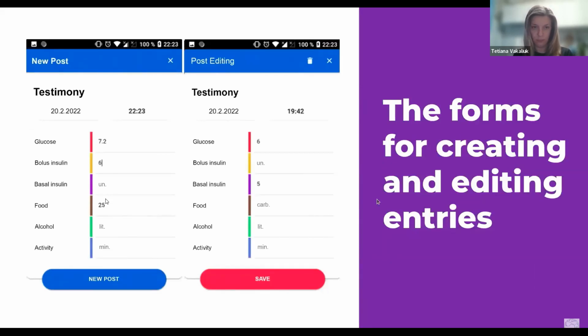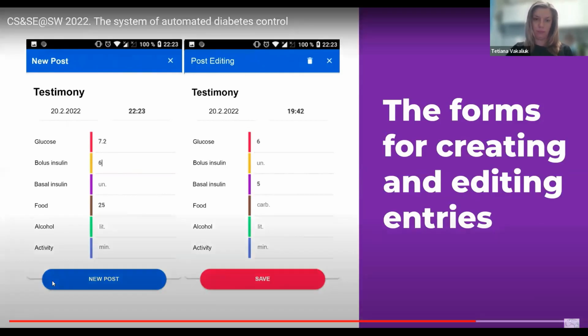By clicking on any entry, a modal window is opened to edit or delete the entry. This window has a form with all the necessary fields for filling: medicine, food, activity, sugar level. The user can also choose the time and date of the entry. In editing mode of an entry, a button for deleting an entry appears in the navigation bar with a dialog box to confirm the deletion of the record.